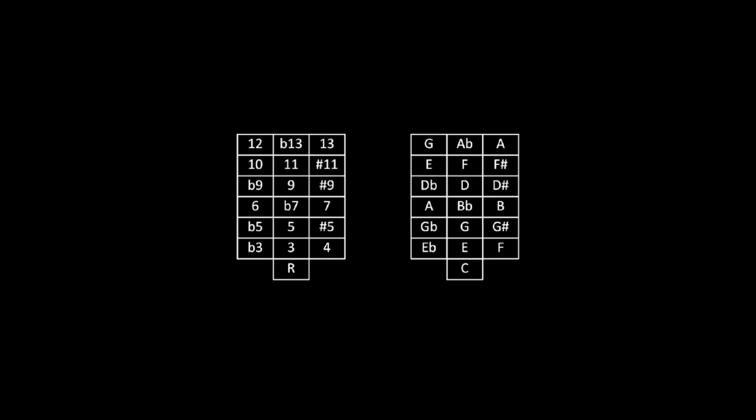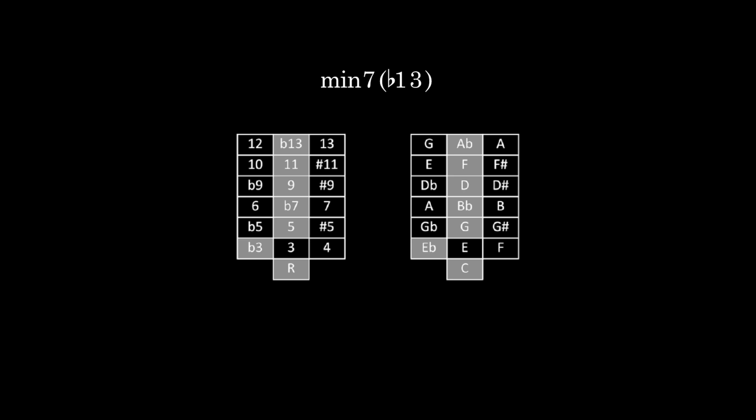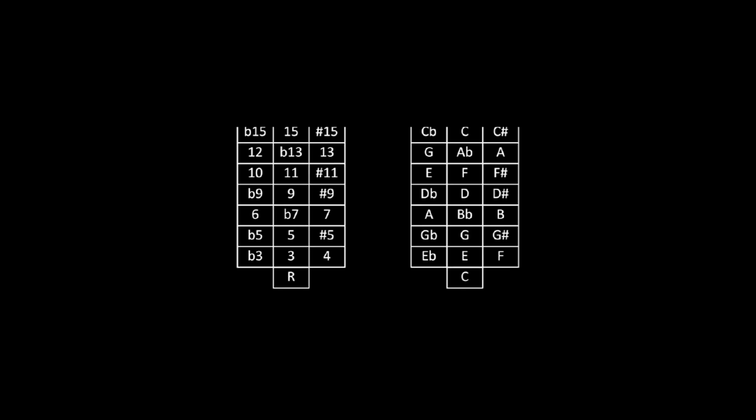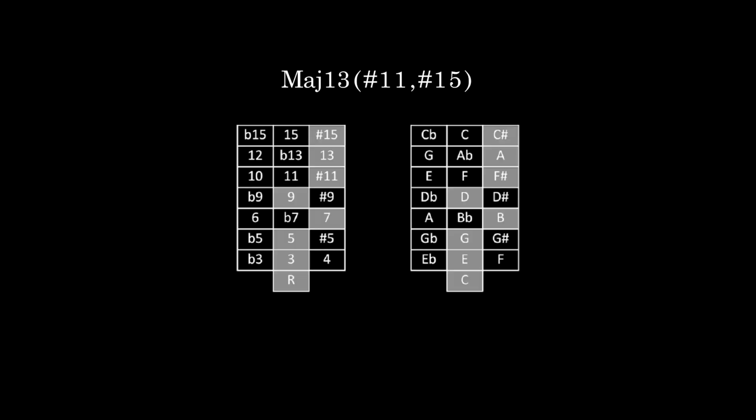So if we accept flat 7 as being that default position, raise it up, get major 7, lower it a half step, and we get the 6. Just kind of seemed to make sense to me. Now, continuing with the spreadsheet, only extending up to 13 with these rules allows for 10 sus and minor 7 flat 13 to be accepted. And if we push it up to the 15, we get sharp 15 chords.